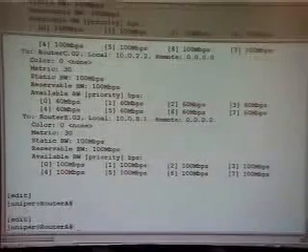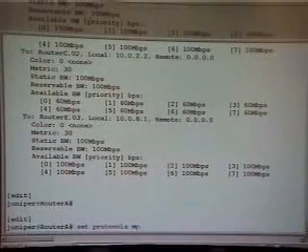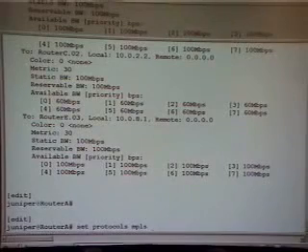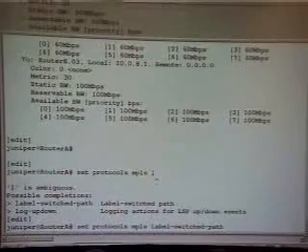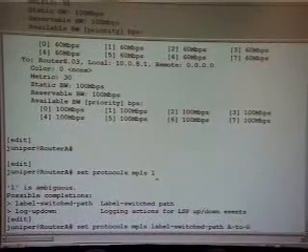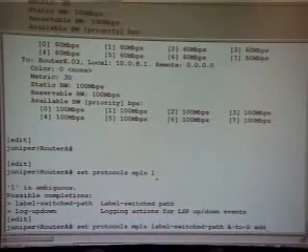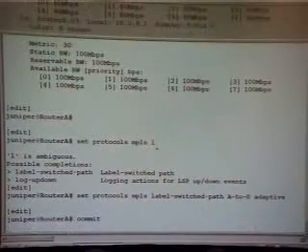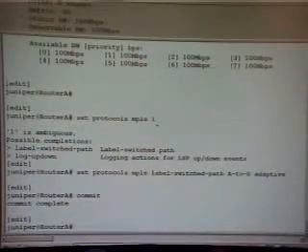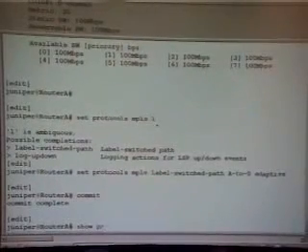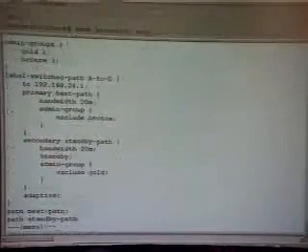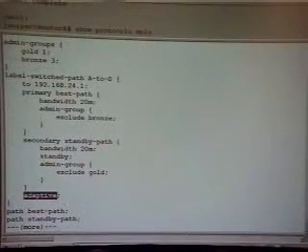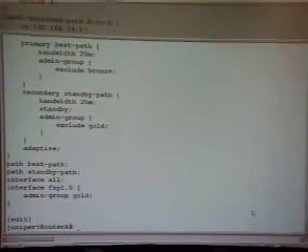So the next thing I'm going to do here is change the style of that LSP to adaptive. And let's see, just doing a quick show. Pretty much everything looks the same, except now I've got that adaptive keyword in there. And what we should see